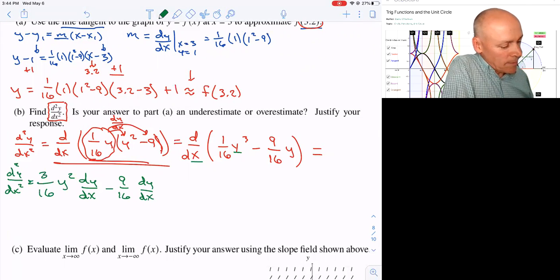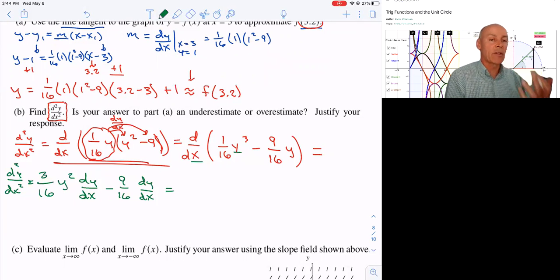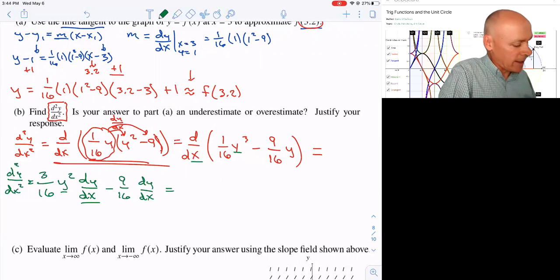Now, I could kind of run with it the way it is, but that's the second derivative. And they didn't say find the second derivative only in terms of x and y or just y. So what I've got right here is okay, because it's in terms of y and dy dx. But now they're going to ask me, is my answer in part A an underestimate or an overestimate? Well, what I really need to do is I need to drop in and find